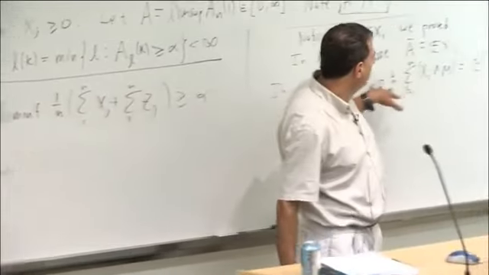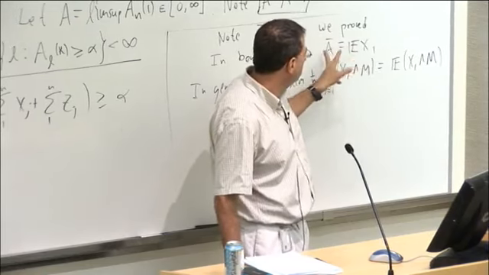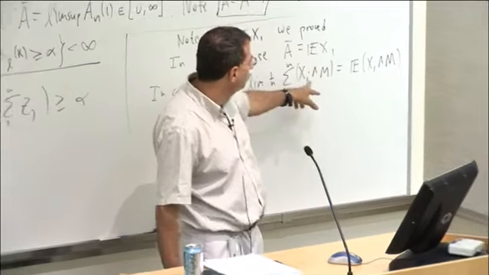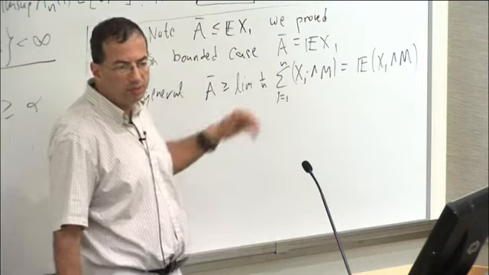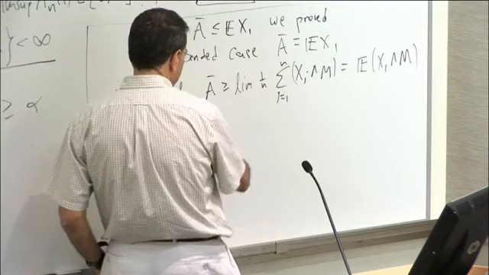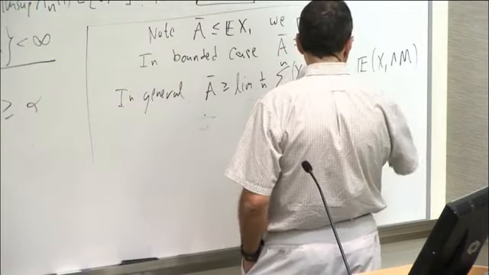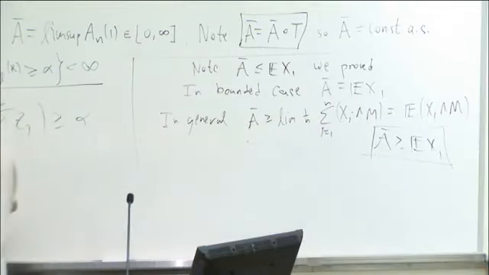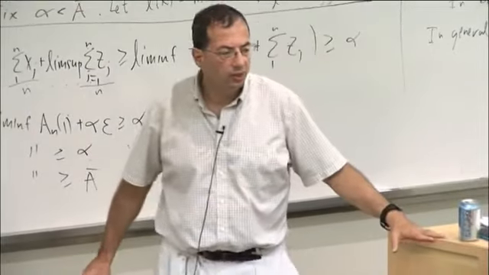Right, so again, in the bounded case, just the Lebesgue bounded convergence theorem gives you that the expectation of the limit is the limit of expectations. In the unbounded case, you just truncate, you get this inequality, and now once we have this inequality, you can let m tend to infinity, and you get that A bar will also be greater or equal than EX1, just by taking m to infinity. Okay, so any questions about this?